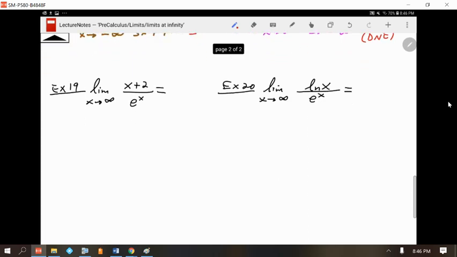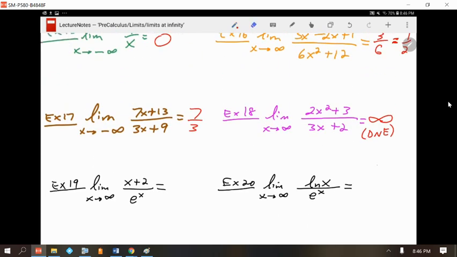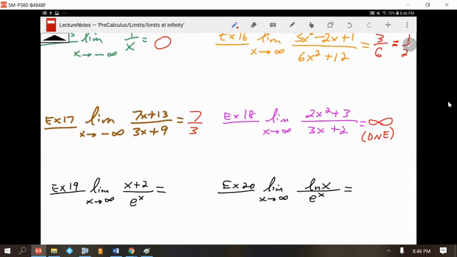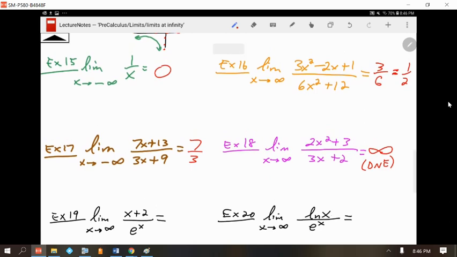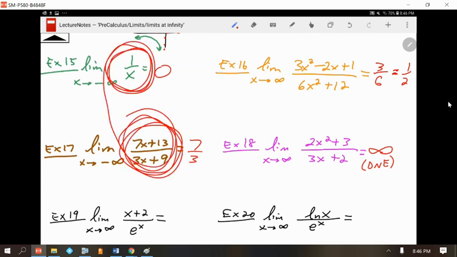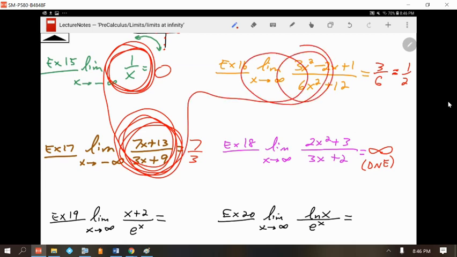So I'm basically, I think, done. Yeah, there's just two more. So what I did here with these last two is I just sort of started getting a little bit more quirky because, again, AP Calculus, they don't necessarily always give you polynomials, okay? An example 13, 14, 15, 16, 17, 18,